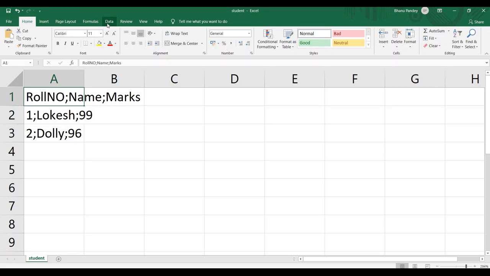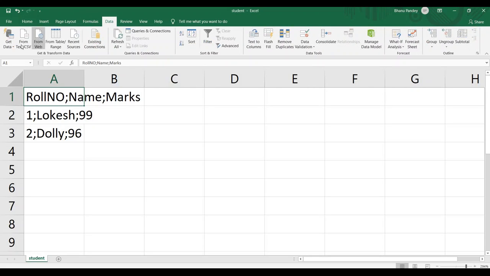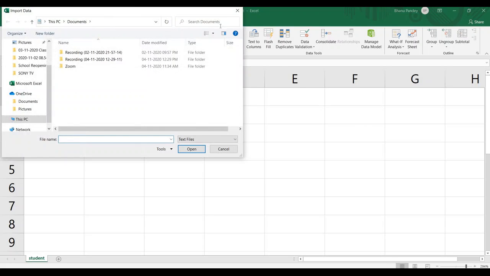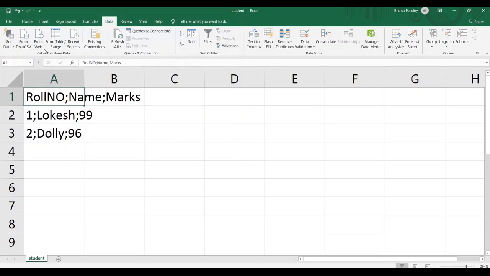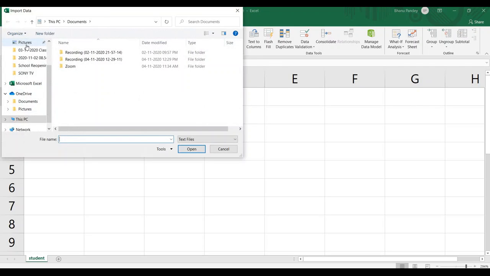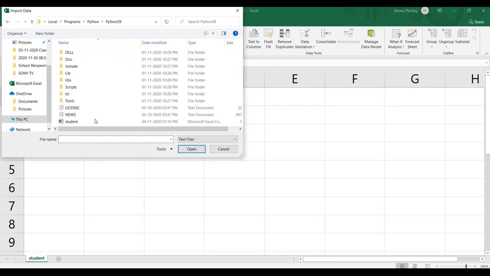For this you have to go to the data tab, then from the text and CSV file option select and then choose your file where it is located. My file is located in this location.